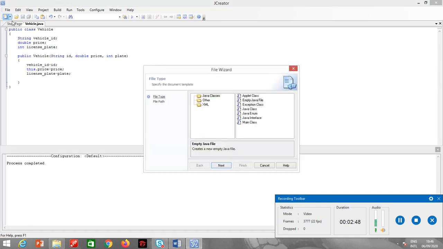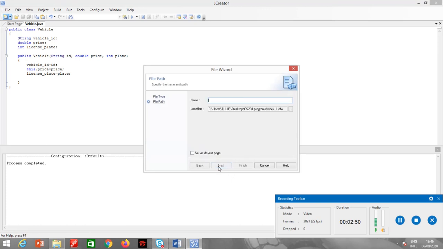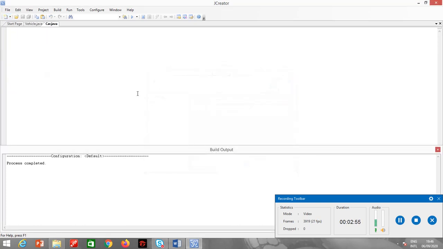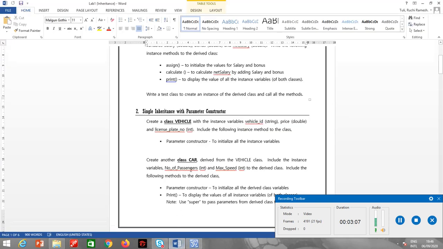Alright, another class we will create, car. So public class car extends vehicle. So that means it's an inheritance. Okay, the car class has instance variables number of passengers and maximum speed.